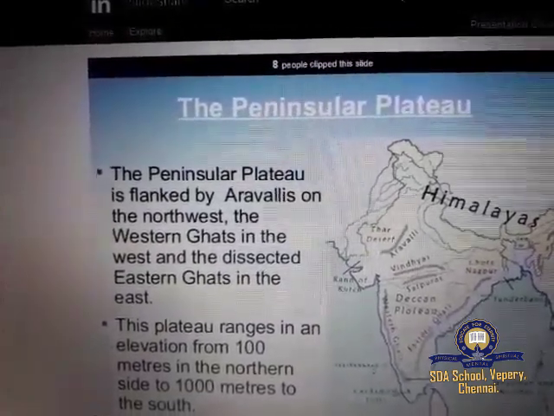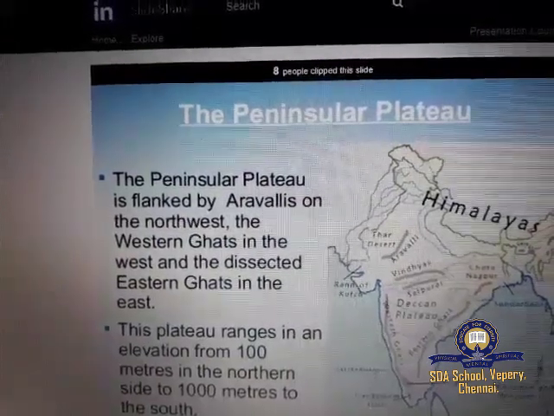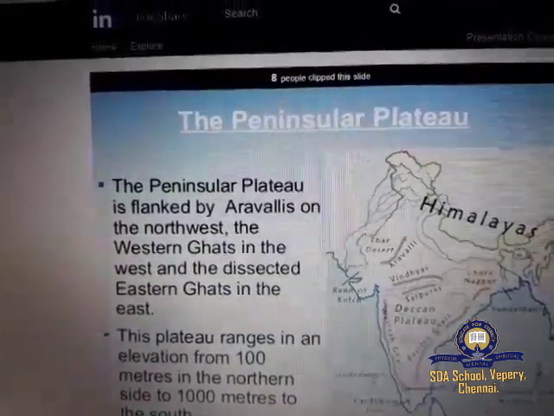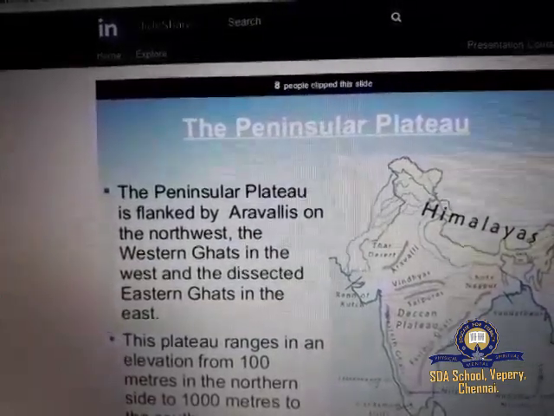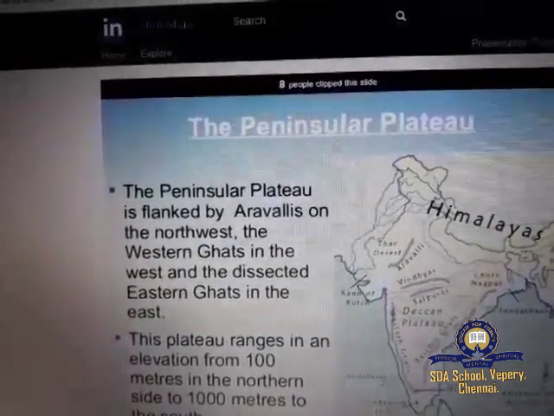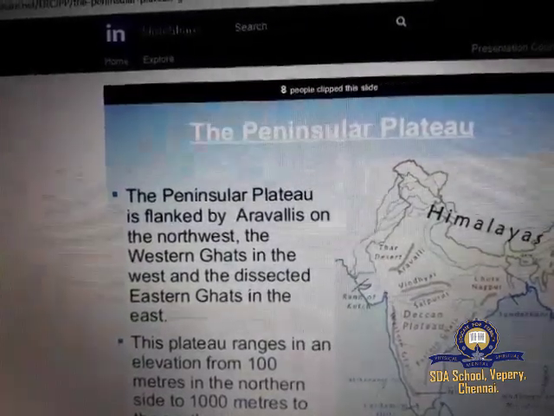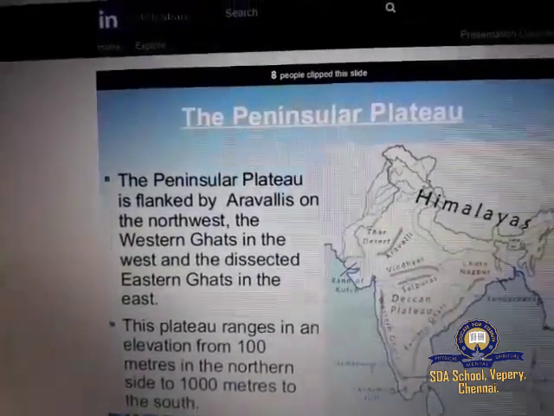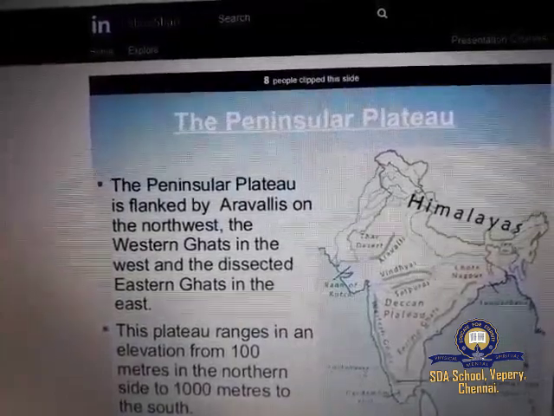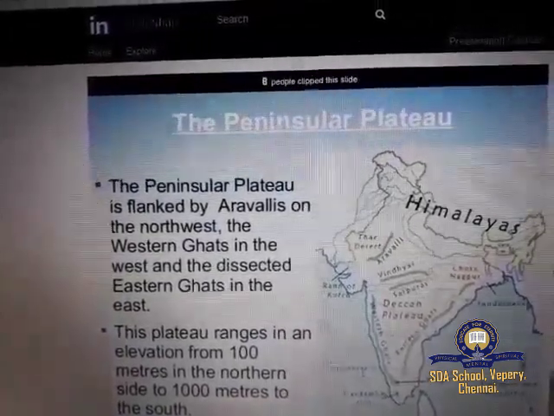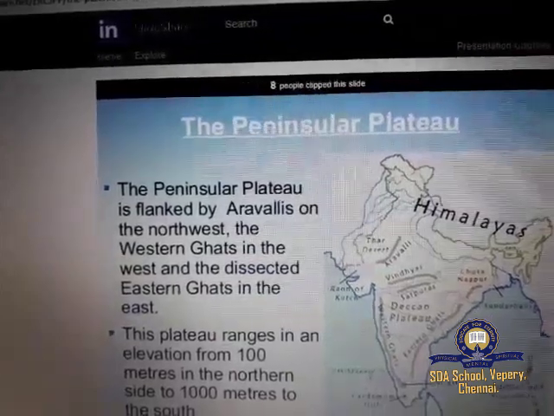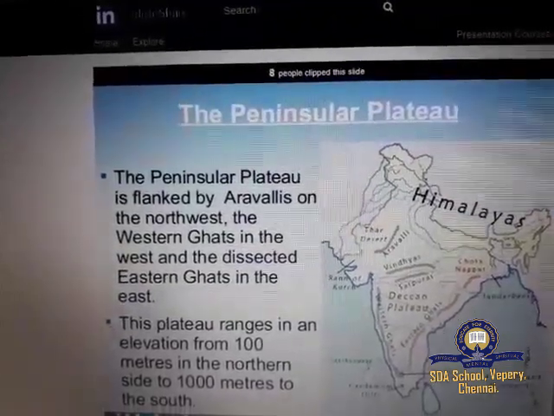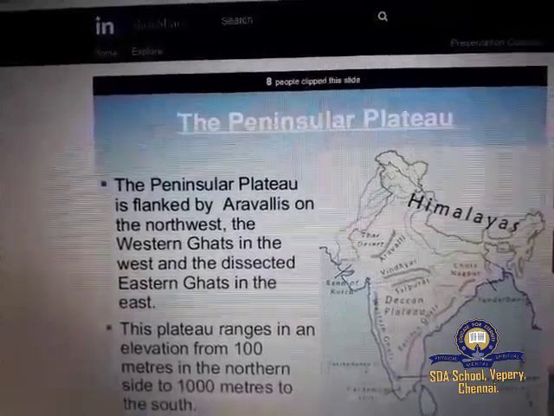The river Narmada divides the plateau region of India broadly into two parts. The region lying to the north of the Narmada is called Central Highlands, and the region lying to the south of Narmada is called the Deccan Plateau.